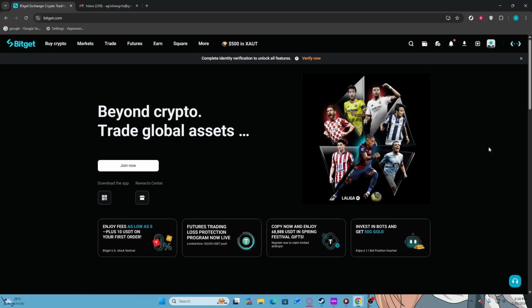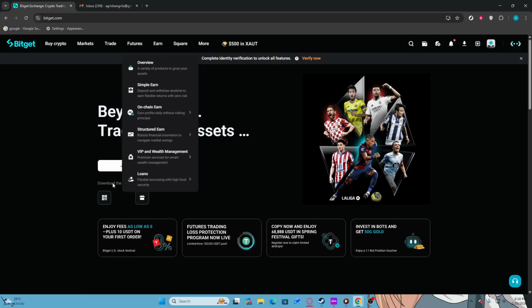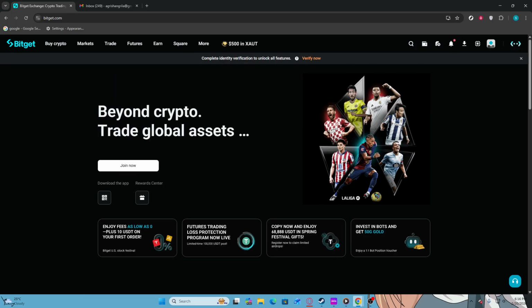In this video, you'll learn how to change the theme in your Bitget wallet. By following these steps, you will be able to switch between light and dark modes, enhancing your user experience according to your preference. Begin by navigating to the Bitget Exchange website, open your preferred web browser, and enter the Bitget